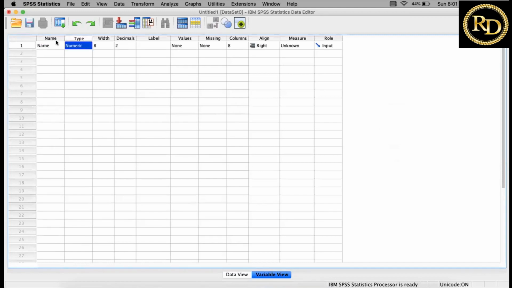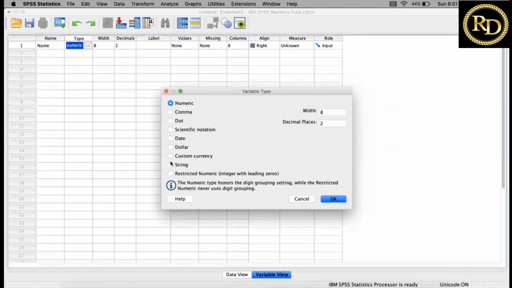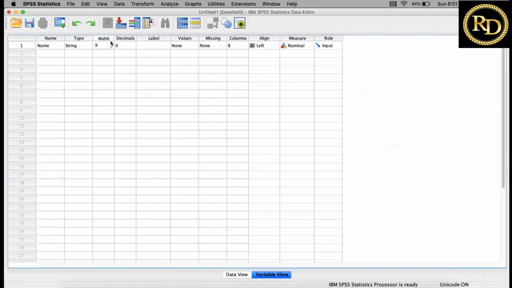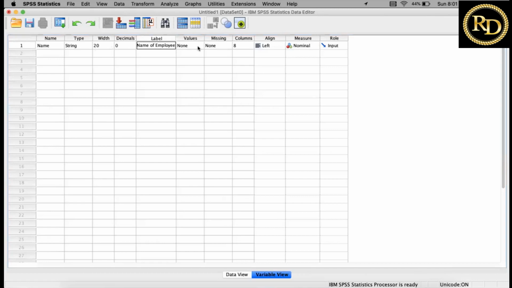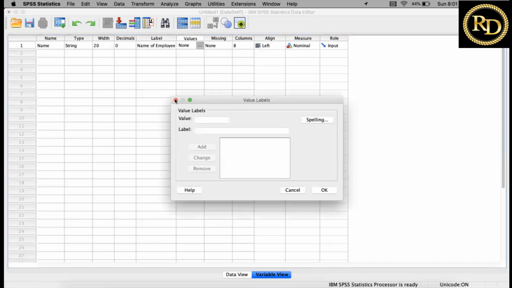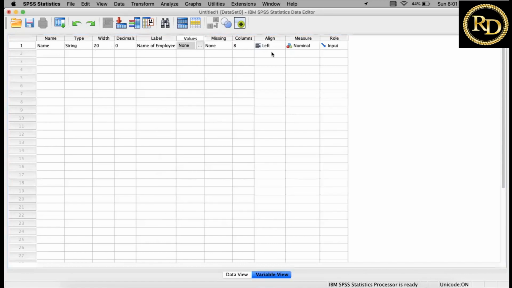What is the type? The type is string. Width, I can increase to 20. Decimal is not there. And here you can describe: name of employee. Values are not there. Missing, and then most important, what is the measurement? The measurement is nominal.